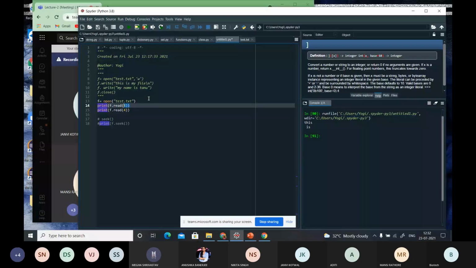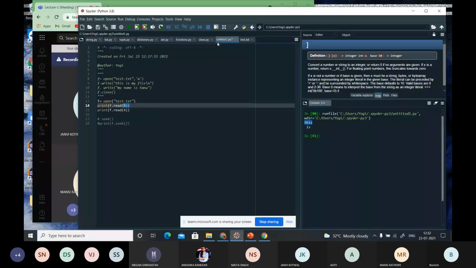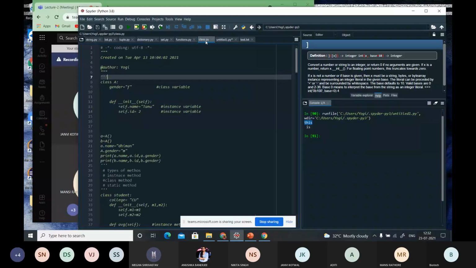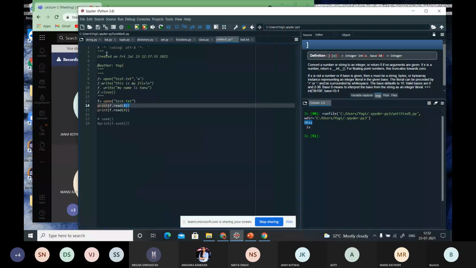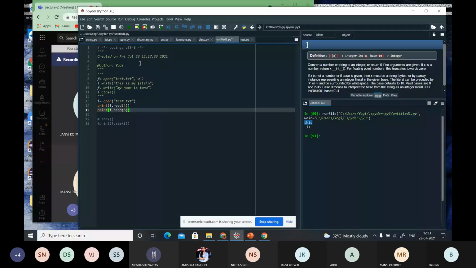Now my cursor is on this particular location, this space, right? So if after that I again read four characters, it is going to give me this space, then the first character is this space, then the characters "is" at this particular position, 1, 2, 3, and this space. If I mention 6 here, what I'll get is "my fil".